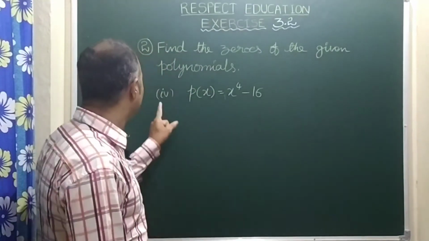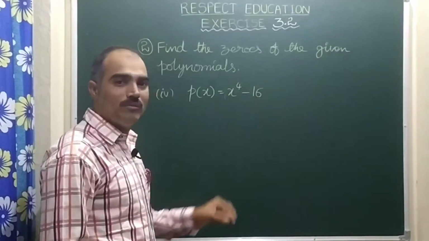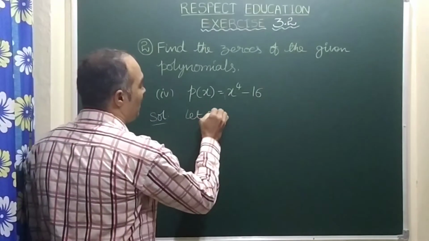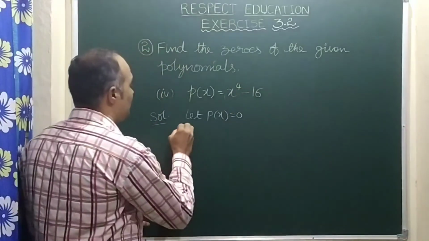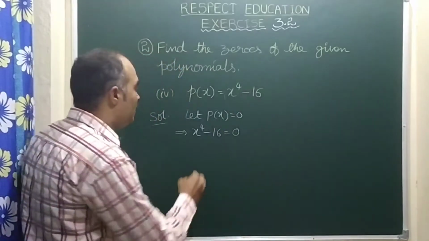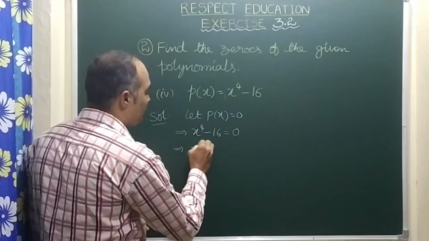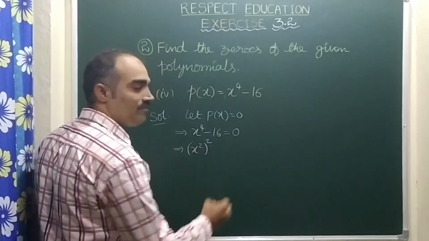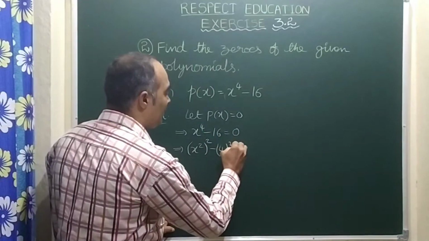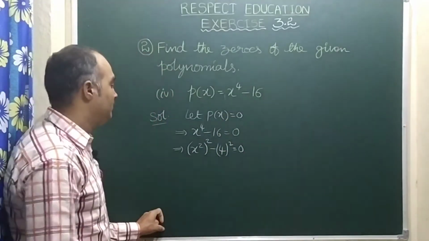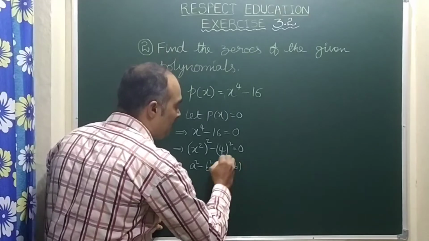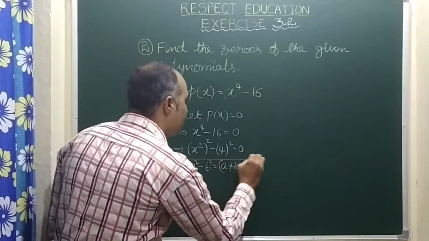Now let us see the next bit, that is the fourth bit. P of x equal to x power 4 minus 16. So here let p of x equal to 0. So p of x, in the sense x power 4 minus 16 is 0. So here we can write x power 4 as (x square) whole square, right? 2 into 2 is 4. Same way 16 I am writing as 4 square, equal to 0, right? So it is in the form of a square minus b square, whose formula is (a plus b) into (a minus b). By using this formula,